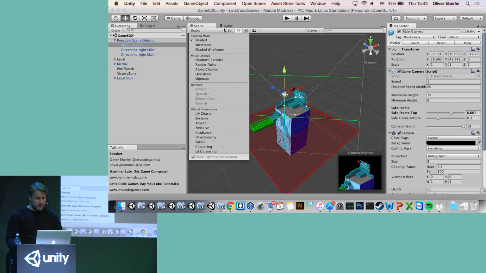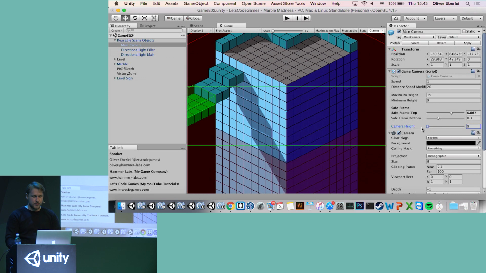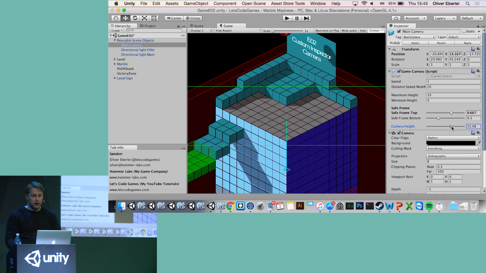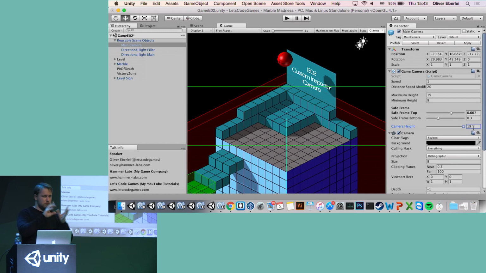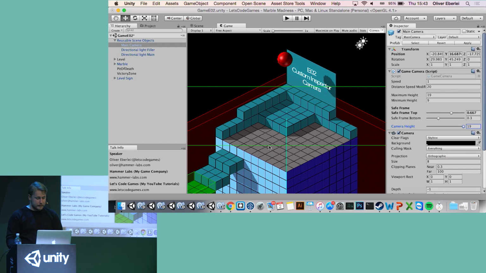And what I also did here is I added a preview slider. So I'm saying here, the maximum height, this is a new feature in this scene, is that the camera should not go everywhere, but I want to define a maximum position for the camera, which is maximum and minimum height. And then I have a slider to debug this, so I can see what is the range in this level, what the camera is seeing. So I can see if there are any rendering issues, or I can see if there are objects past this area that I want the player to see and stuff like that. So that is pretty useful to visualize.